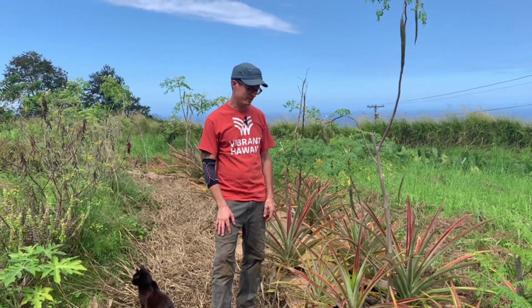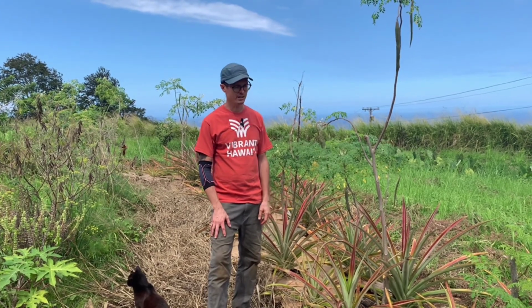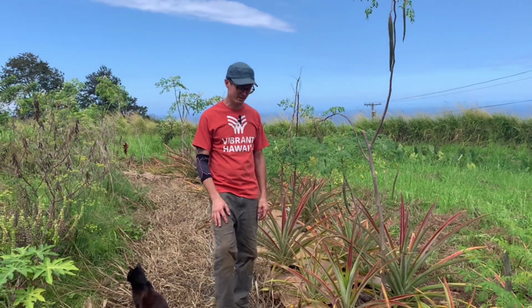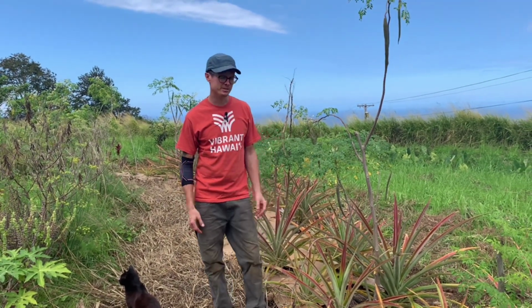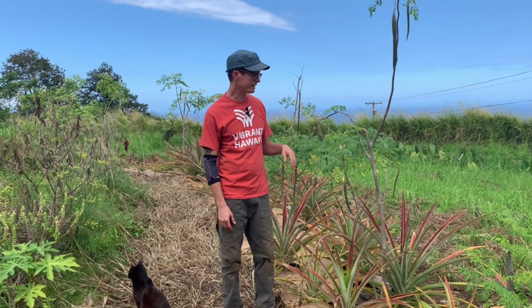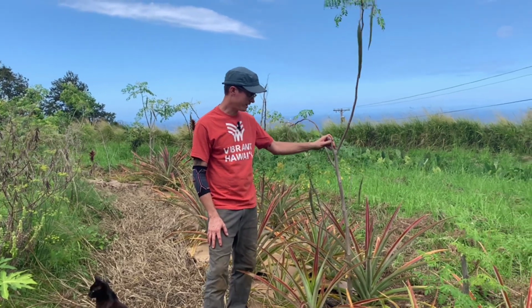But it's also pretty tolerant of not so great soils, rockier soils, pretty tolerant of drought. It's not that tolerant of super wet conditions. It needs really good drainage, which is not a problem here. We have excellent drainage. And we grow it in tandem with the moringa, which, if you don't know this tree